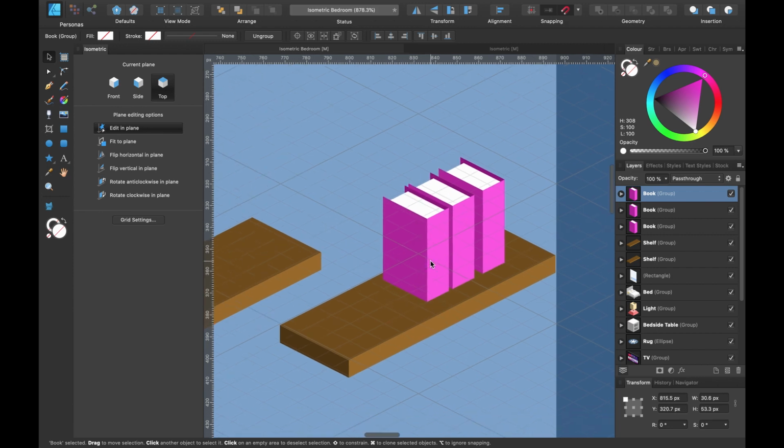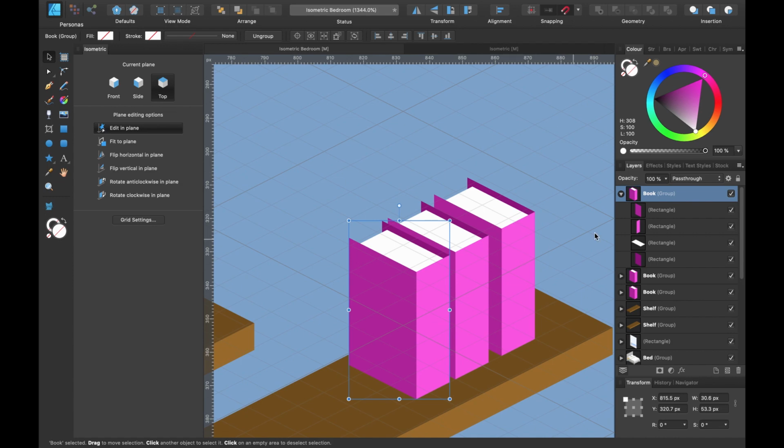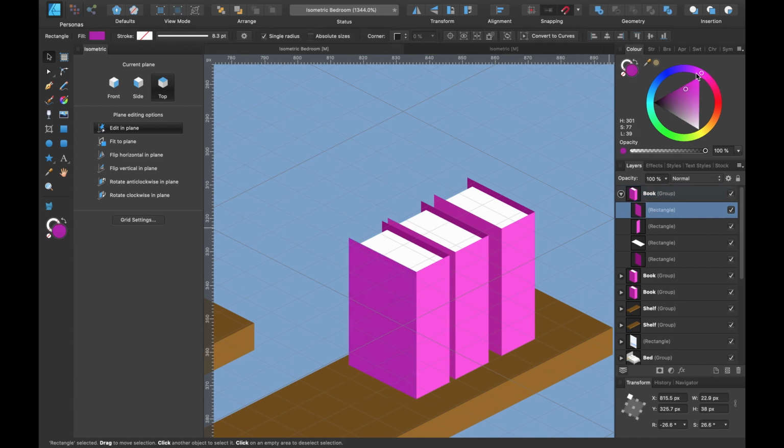Make that slightly closer so it's not so uniform. And we can change one of the colors. We'll change this color here, and just drag it from the side and make a kind of darker blue one. Seems to be the theme, doesn't it?